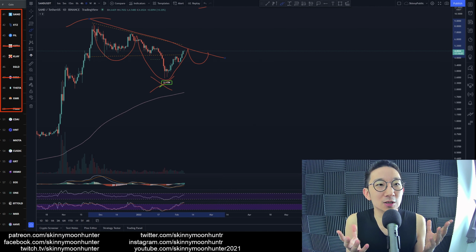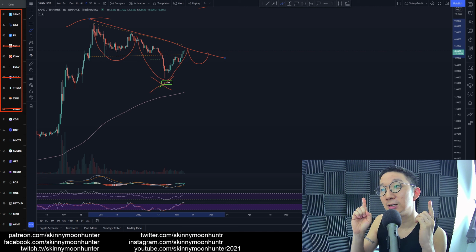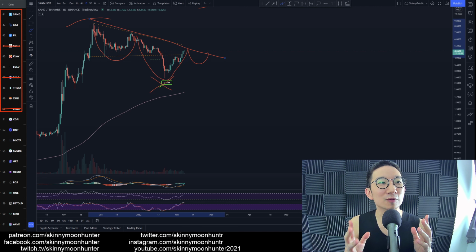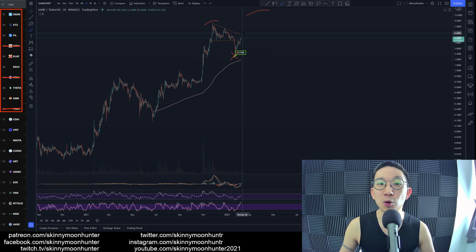Whenever you see a bullish rally coming in for a particular coin against USDT, you have to look at the BTC pair as well, because you want to know whether this is a rally due to BTC rising or if this is a real, true, strong rally by Sandbox on its own. So apparently this is a real, true rally by Sandbox on its own, right? So this is true strength coming in for Sandbox, and so you can actually anticipate a potential higher high, right?